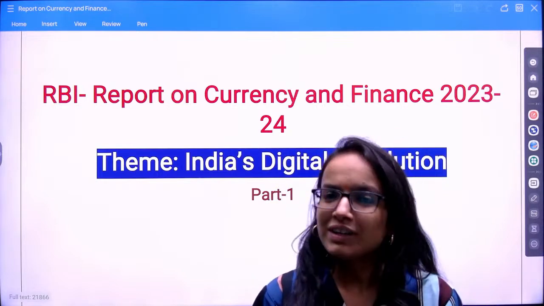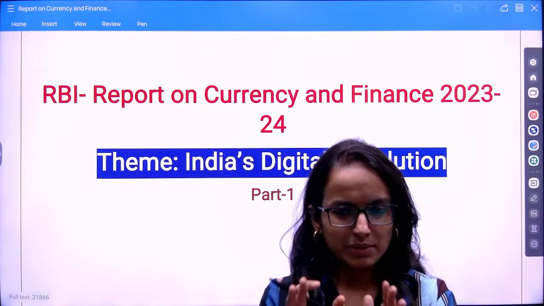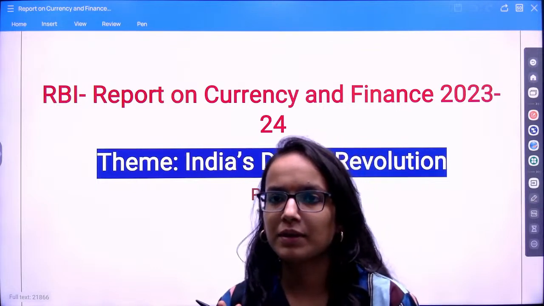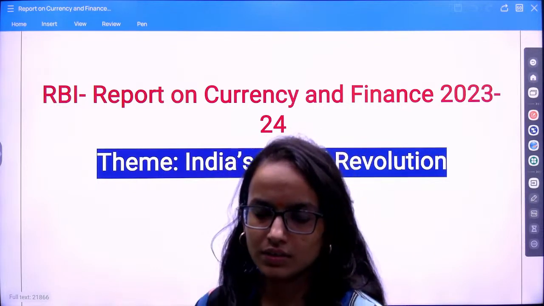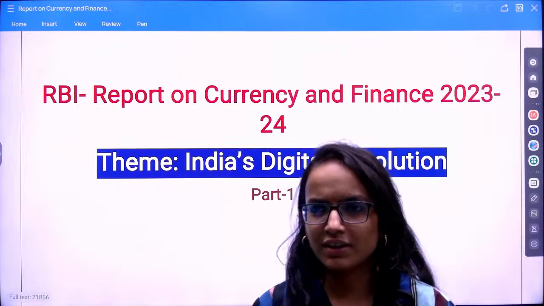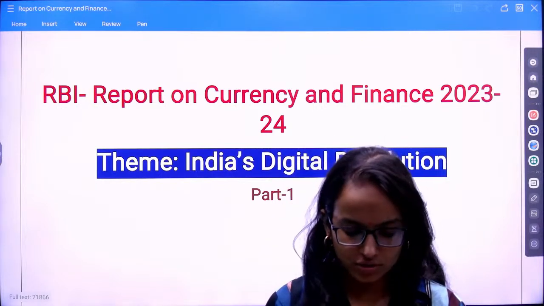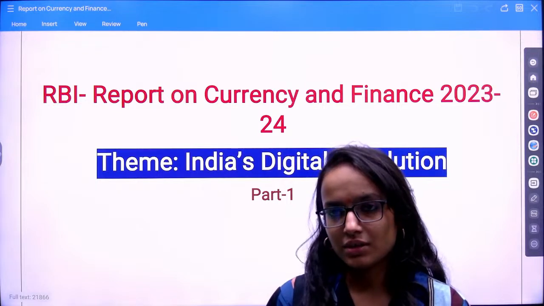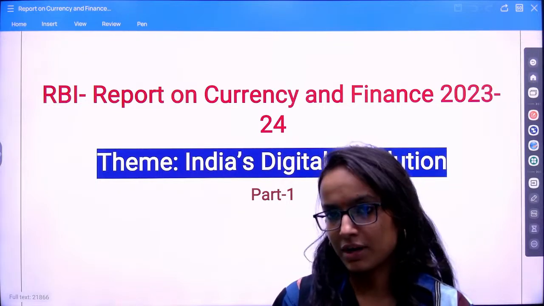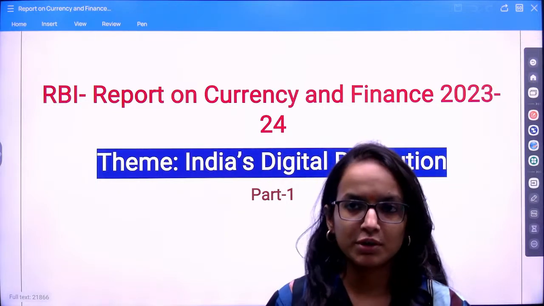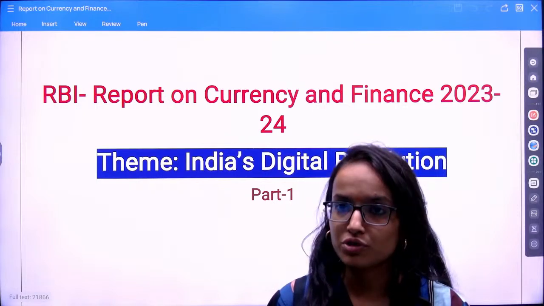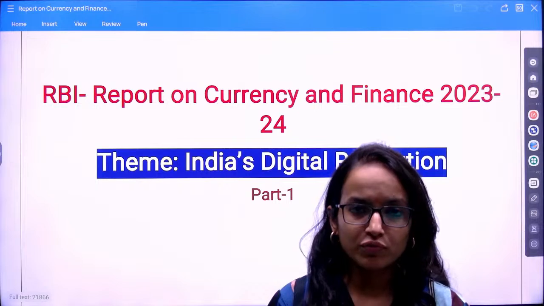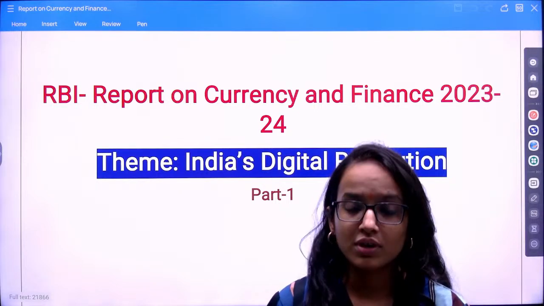This is not a technical report, a very sweet and simple report this is. So, we just have to mug up the facts here, okay? Not so much relevant for NABARD, but yes, of course, there are certain data which can be asked. So, you have to filter it out for NABARD from this, but it is directly important for the RBI Grade B examination for sure.